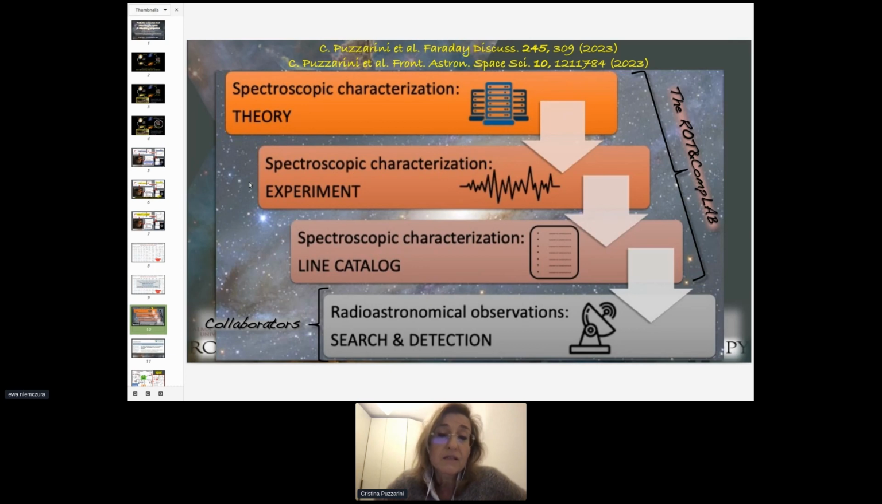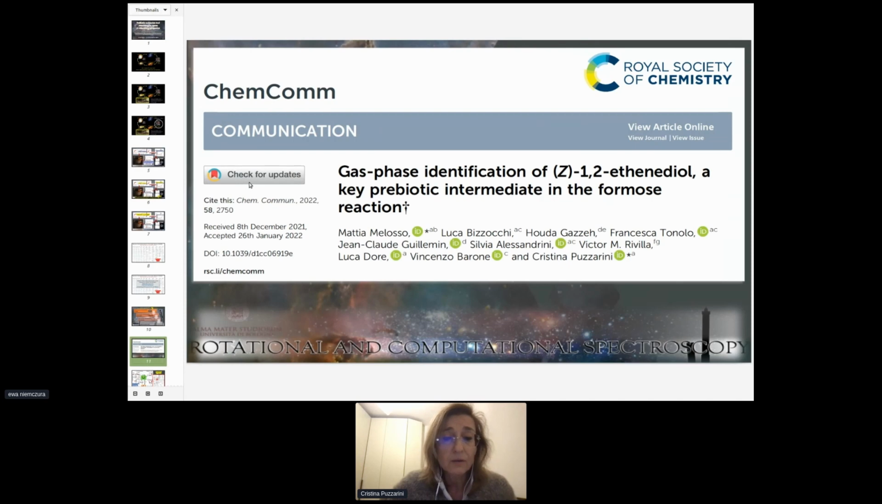And this is the strategy we apply in my lab. So we rely on a strong interplay between experiment and theory for the characterization of the rotational spectra of candidates for astronomical detection. We set up the accurate line catalog, which is at the basis of the radioastronomical search. In the next slide, you can see